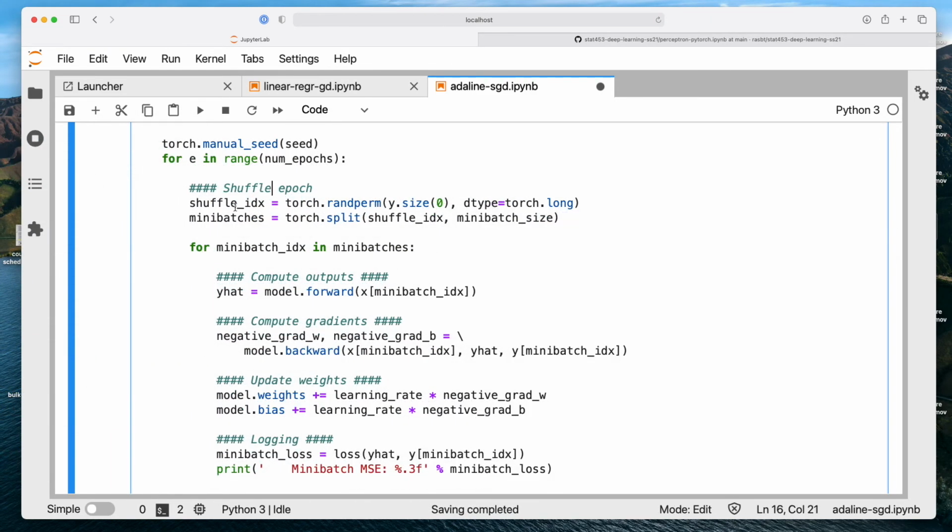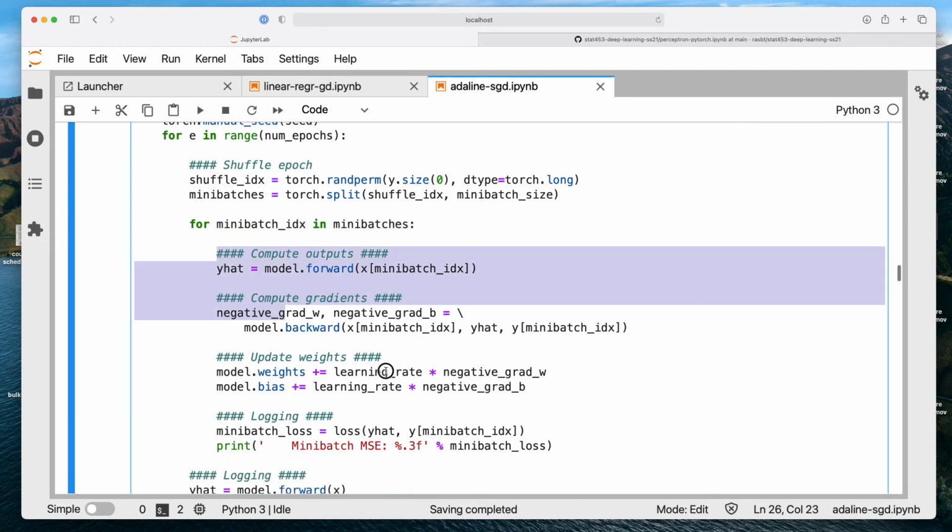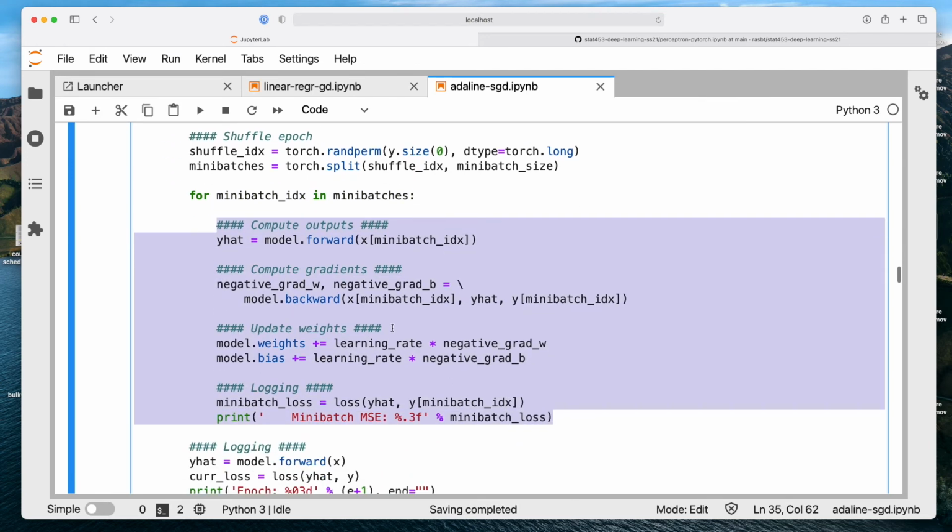Sorry, the mini batch shuffling, and I'm creating multiple mini batches here by splitting this into mini batches of a certain size. So I'm using a size 10. So I'm splitting it into multiple vectors where each vector will contain 10 training examples. And then for each mini batch, I'm doing my forward pass and so forth.